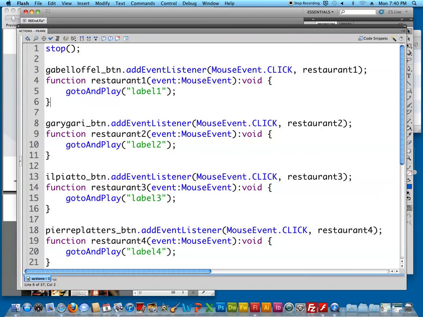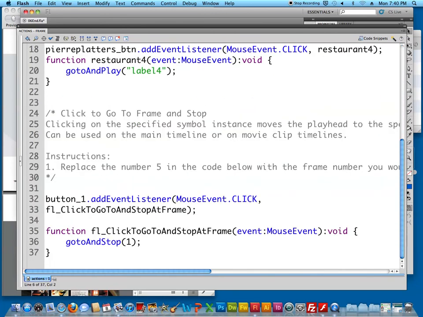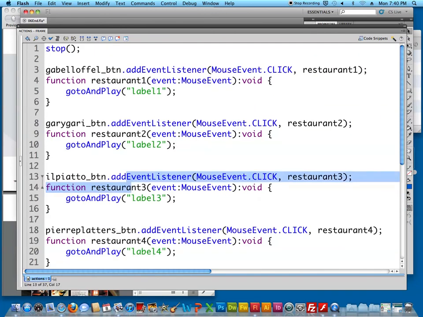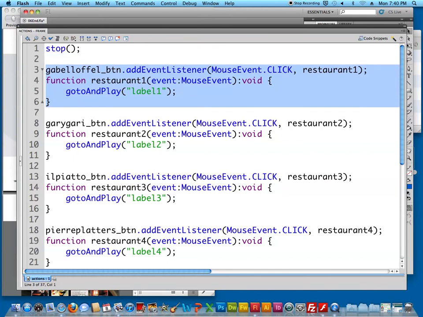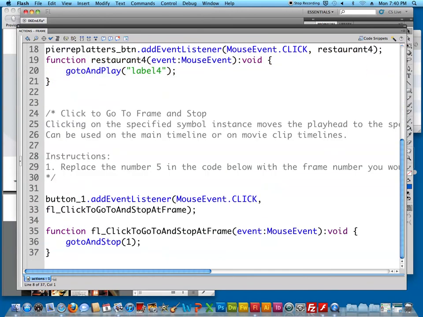Do you always have a blank line, skip a complete line before your next line? This is what is called white space, and white space is excellent because it is for us humans. The computer doesn't use it. It doesn't need it, so it's for our eyes. It's for us to understand that this is one section of code right here. This is a different section that we're dealing with. Now at the very bottom,